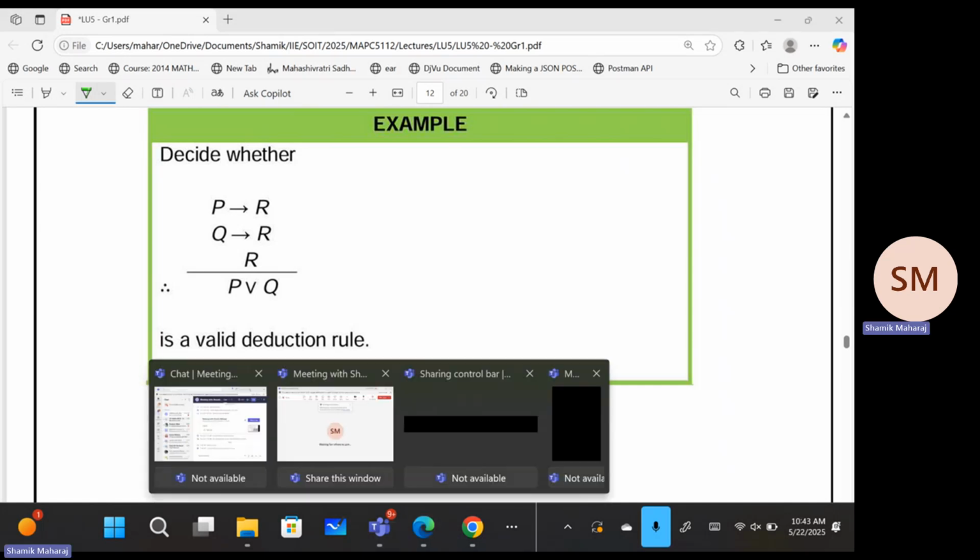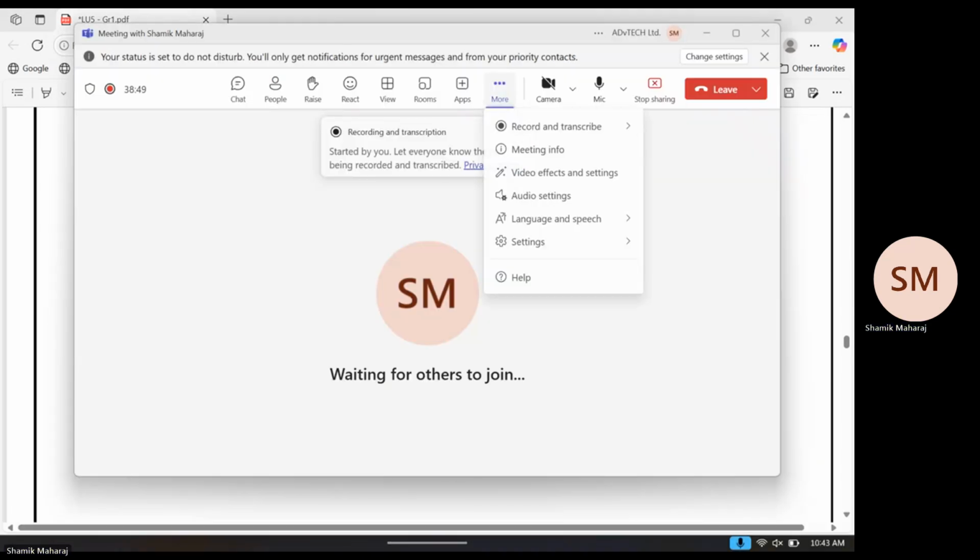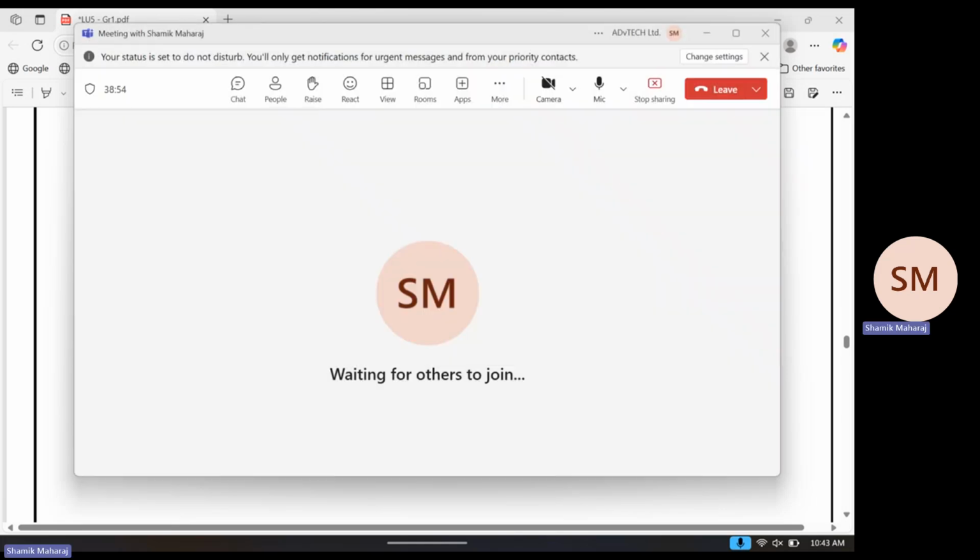Yeah, that's the last thing. I don't think I've ever seen a proof come out in